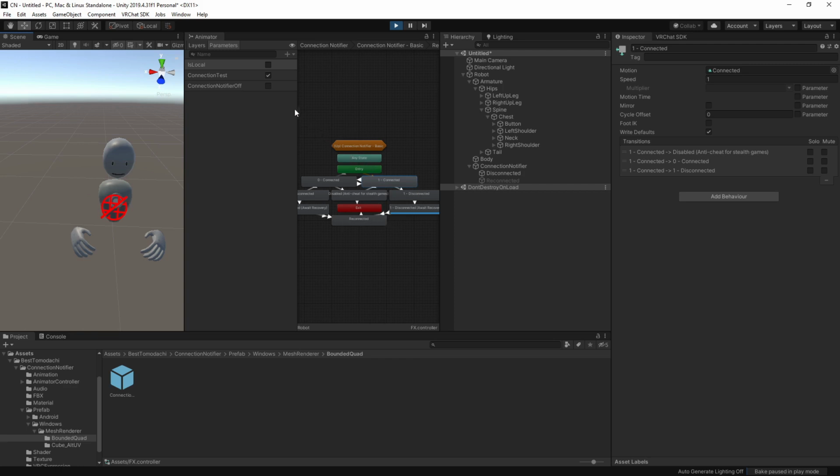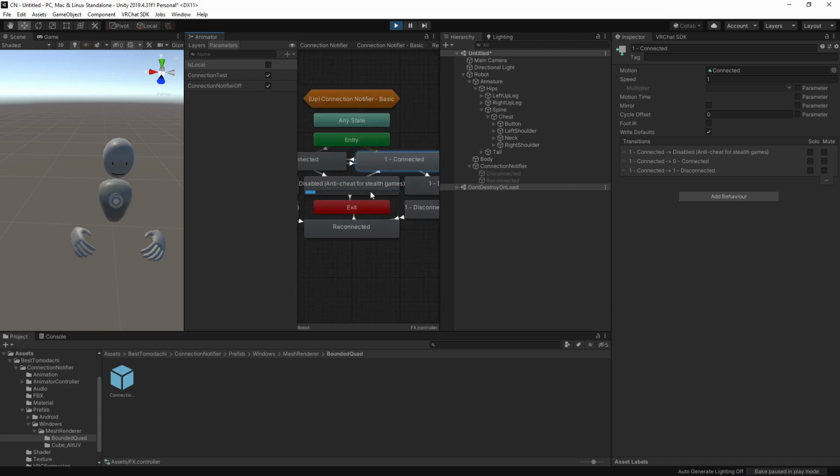Now the connection notifier off, which was optional because you don't need to use this. This system will still work even if you don't add this. But setting it off will kick you out of there, like if it happens to get in one of those zones, and it would also just move it over from the connected states. So this is just good for stealth games, essentially, so people don't cheat using this to